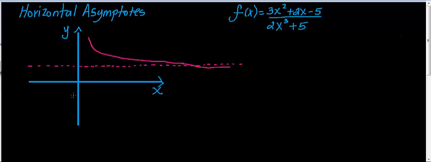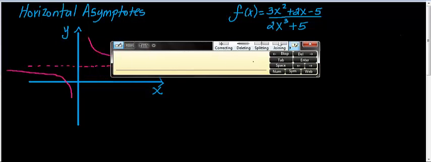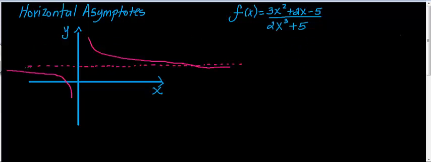And if I were coming this way, maybe it could look like this. The farther I get from 0 on my negative x-axis, the closer my function will be to the horizontal asymptote. So that's what a horizontal asymptote is. It's a horizontal line, and when x values are very far from 0, it tells me what value the function approaches. When I have a function written in this form, to determine where the horizontal asymptote is,